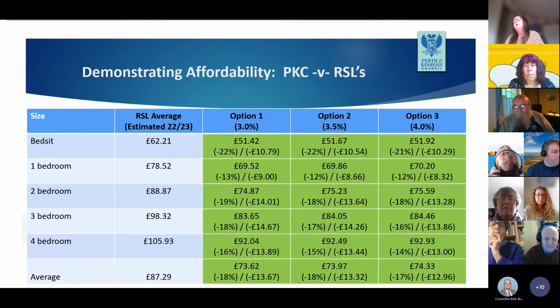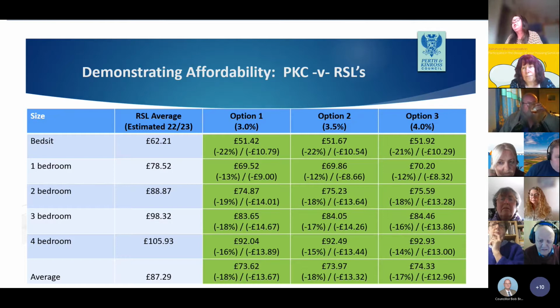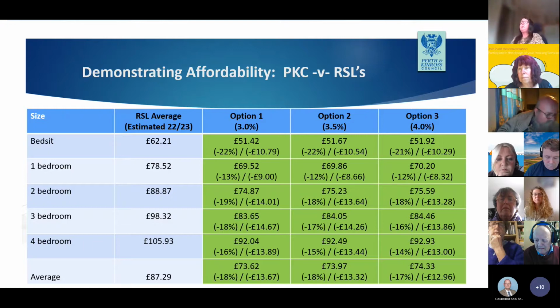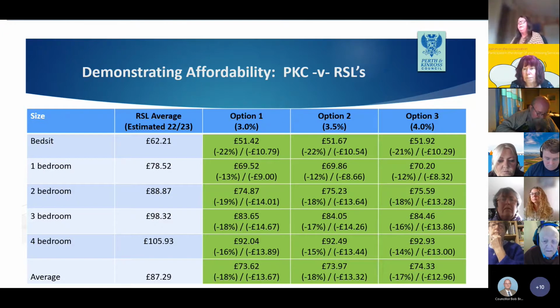Thank you. What we also think it's important to do is look at the other real alternative housing options in Perth and Kinross, so other providers who provide social housing in the area. Again, we've estimated an average increase for each of these providers, and we've compared that with our 3 options and proposals. As you can see, under the average rent levels, we're 17 or 18% lower, and in certain property types, we're up to 22% lower than real alternative housing options within Perth and Kinross. Okay, next slide, please.